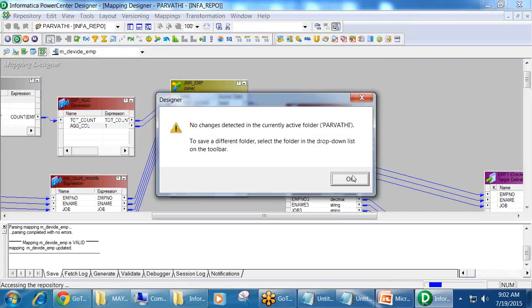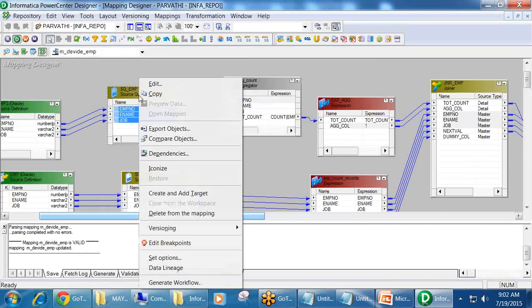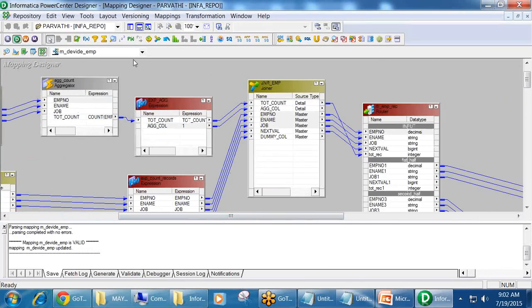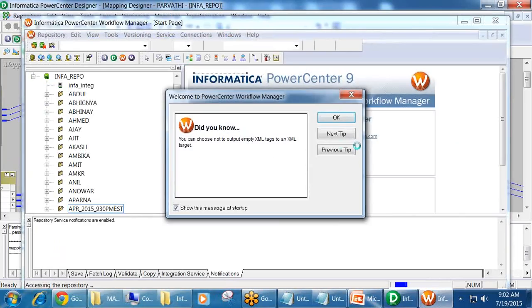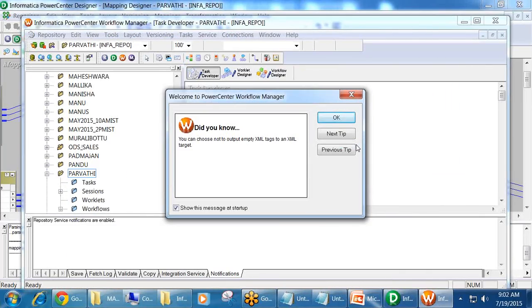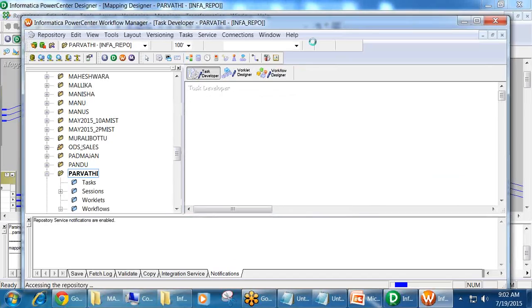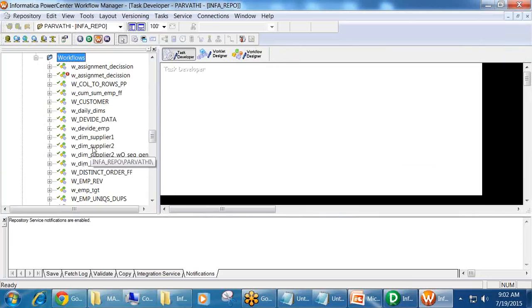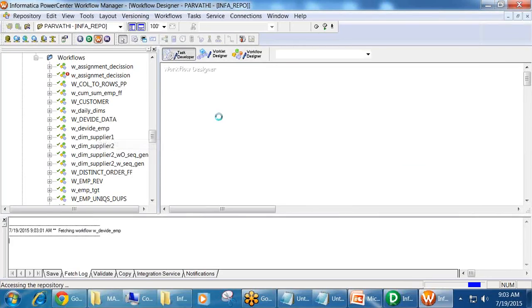So how many records do you have in the employee table? 22 records, right? So it should be 11 and 11. Yeah. Let me log into workflow manager. What is the mapping which is loading the data into this? W_divide_emp. Okay. Yes. Now let me